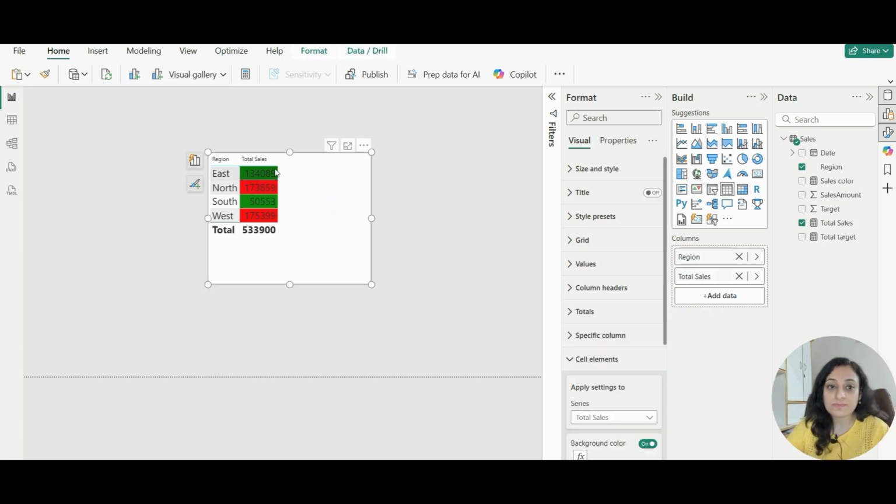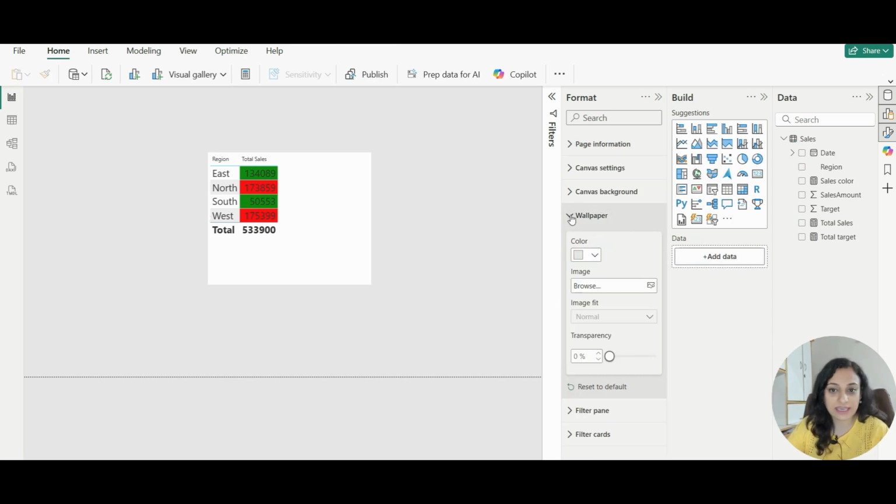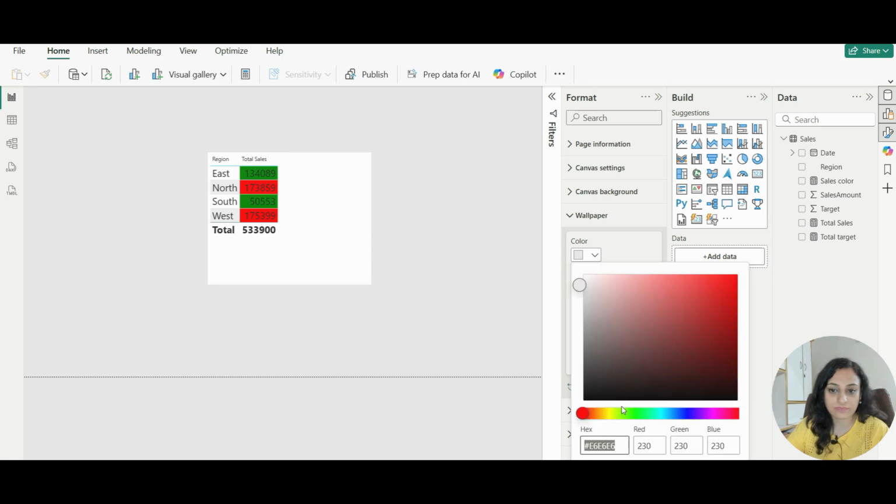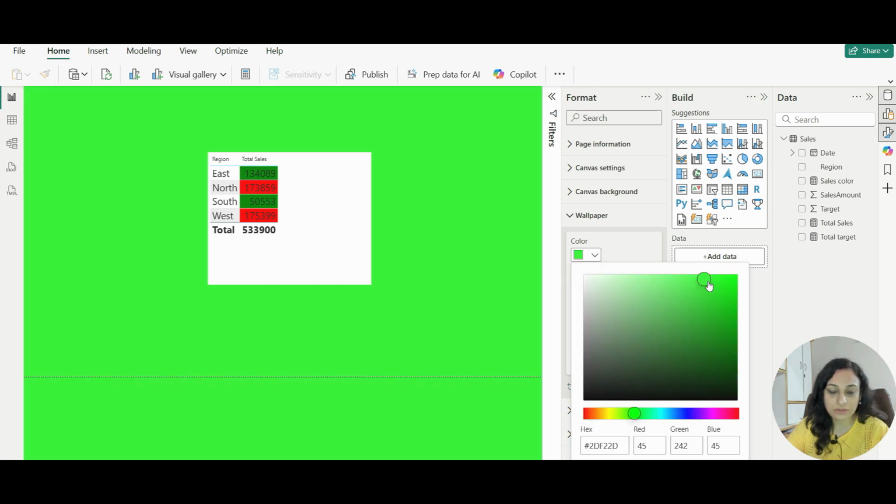Supposedly I don't want this particular green, then I can choose to change that also. I can provide a hex code in my DAX measure instead of the word green that I have provided. Let me select the hex code from here. I want this particular green, so I'll copy the hex code from here,